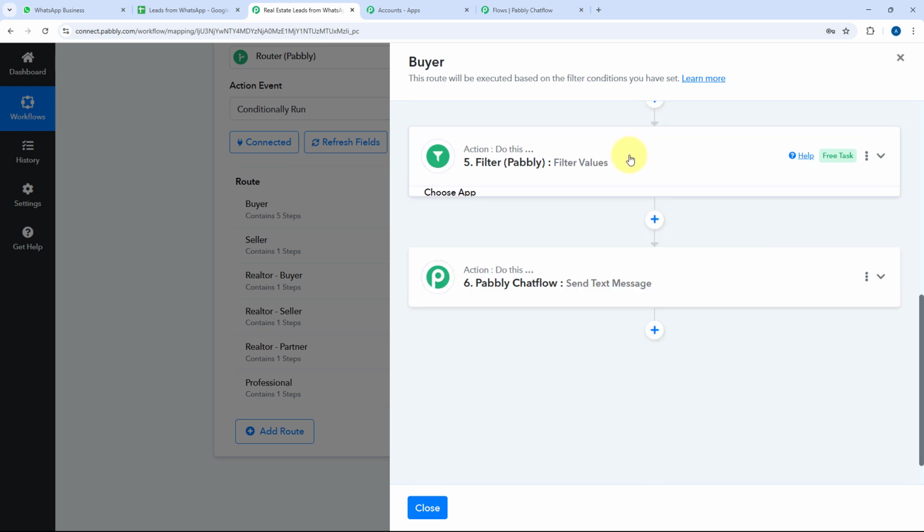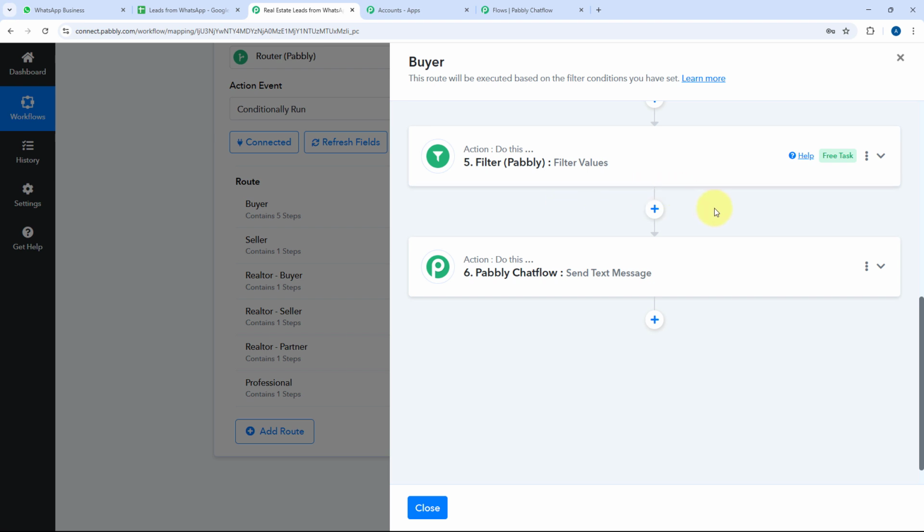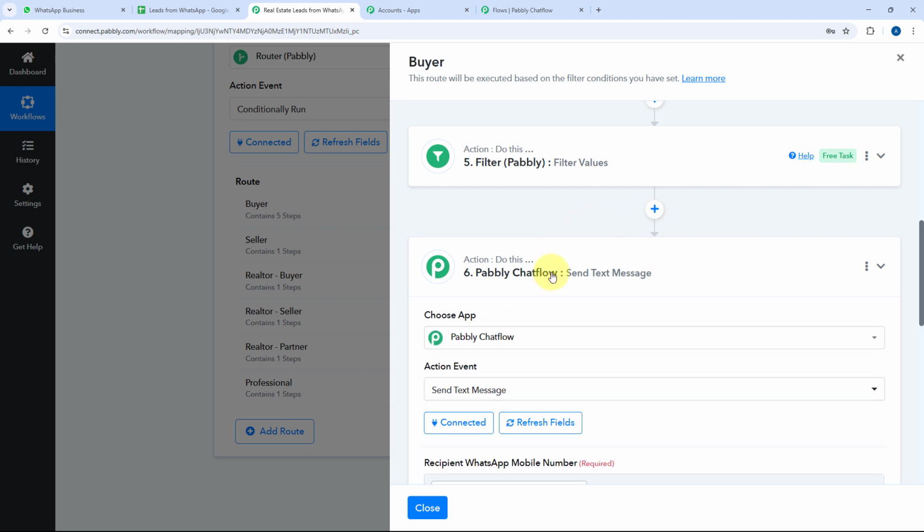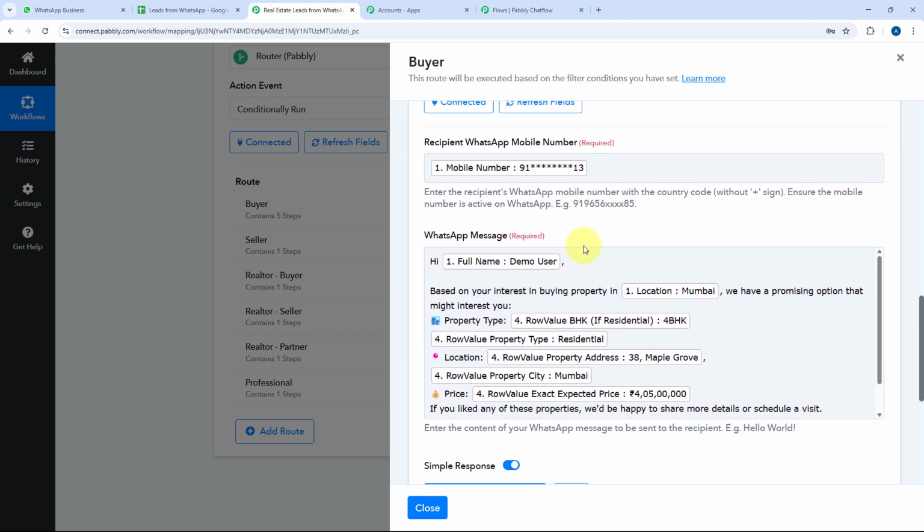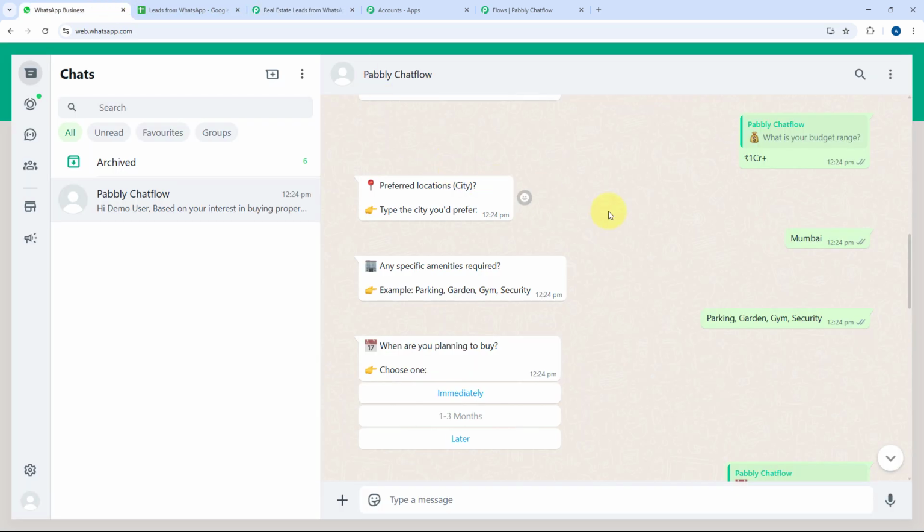After adding this filter and ensuring that we only send the details of the property they are interested in, we have added this last action step of Pabbly Chatflow. Using Pabbly Chatflow's send text message action step, we are sending a WhatsApp message. In the recipient WhatsApp number, we have entered the number of the same lead who sent us the WhatsApp message, who was having the conversation with our WhatsApp chatbot, and whose response Pabbly Chatflow sent